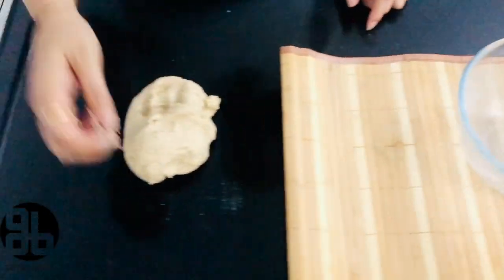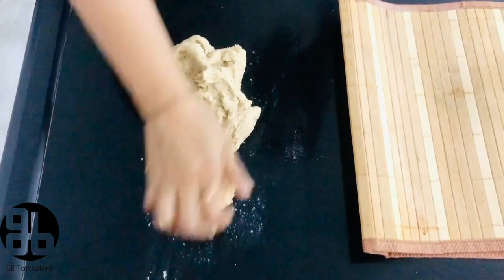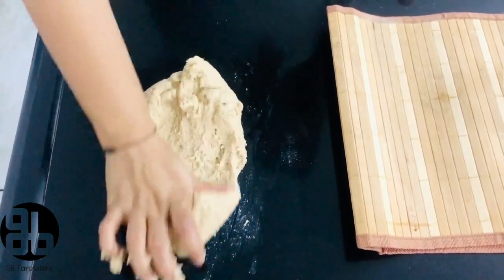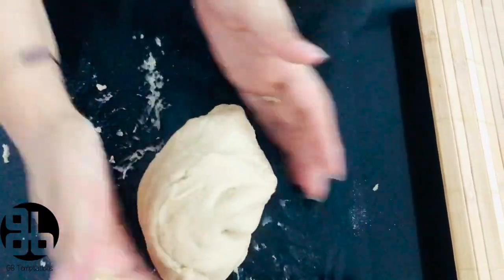Now transfer the dough to the platform. Knead it for 3-4 minutes by push and pull method. Do not add extra atta. Make a atta ball